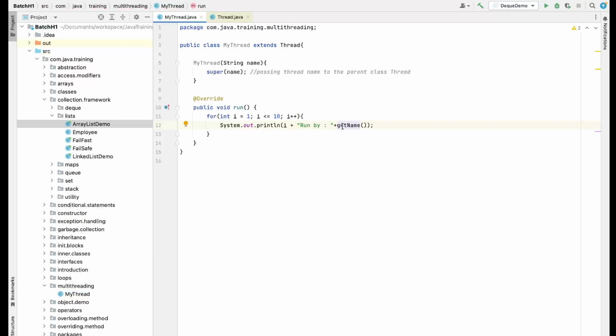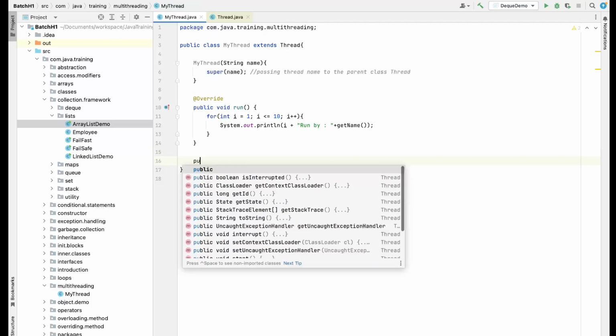We'll try to get the name of the thread. There is a method called getName. We'll try to get the name of the thread. And let's say we go ahead and create one main method,